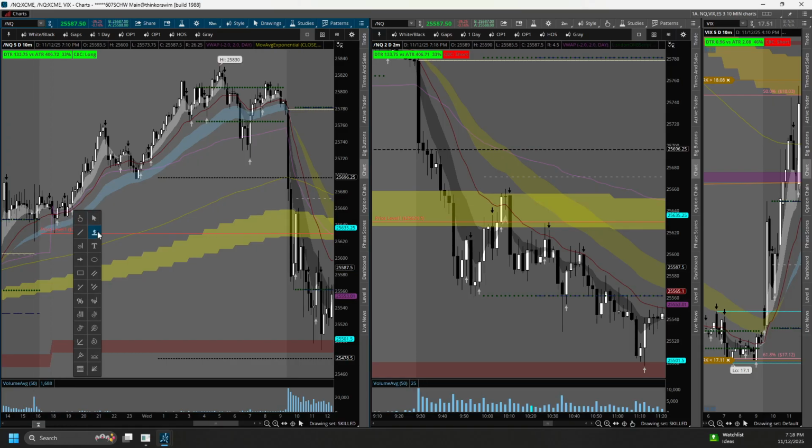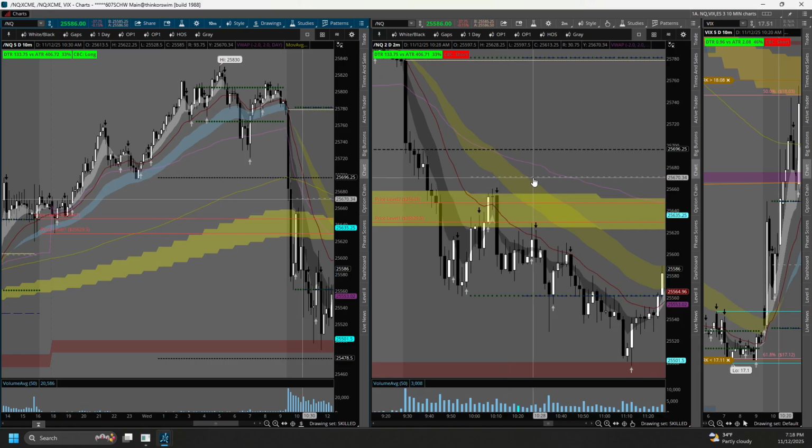Your overnight close, I'm sorry, not overnight, your 4 p.m. close was also right here. So I would say this is very close to a previous day close breaking base, as I always use the 4 p.m. close. This is enough for me to just say, hey, you know what, I'm going to take this short. I did take this short, right?